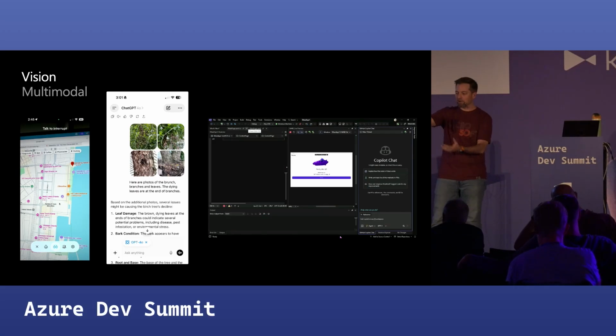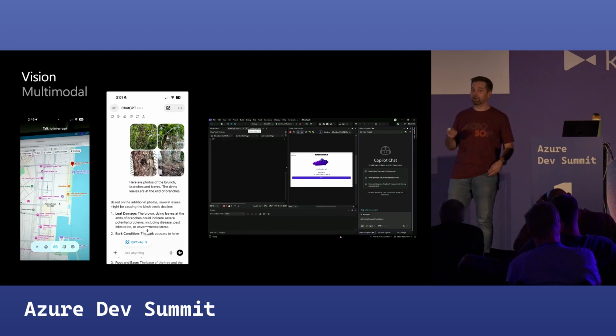So I was having a conversation with it, and it was like, hey, could you show me? And I was like, hey, I could totally show you. So I took a bunch of pictures, and I even circled where I was talking about, and it was able to give me a much more specific diagnosis of what was probably going on. And it was totally right. I talked to an arborist about it later, and he's like, yep, that was right.